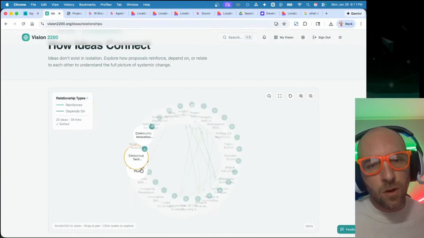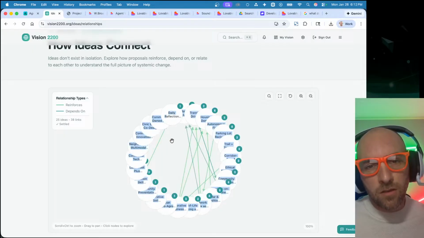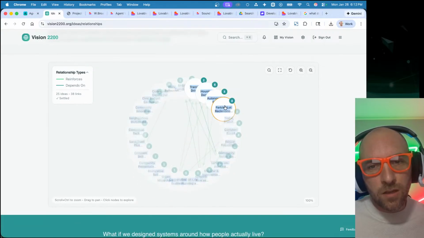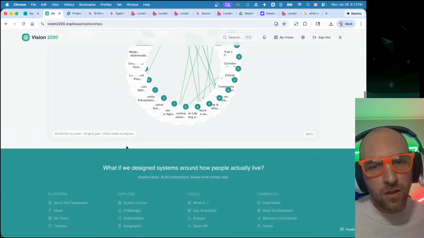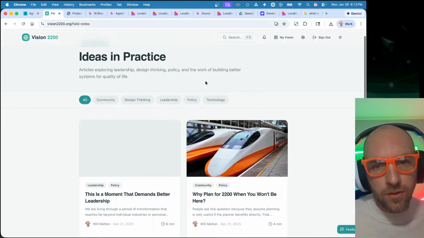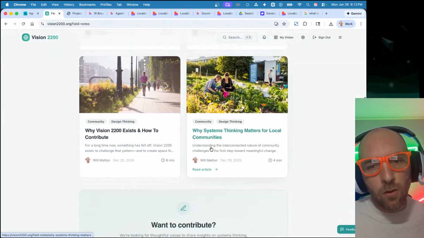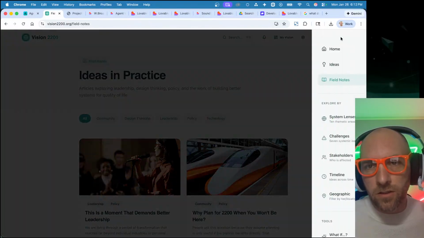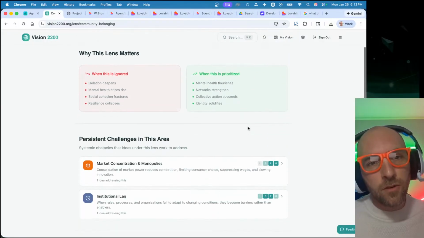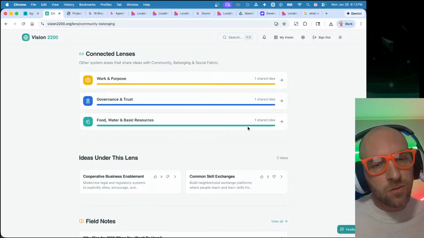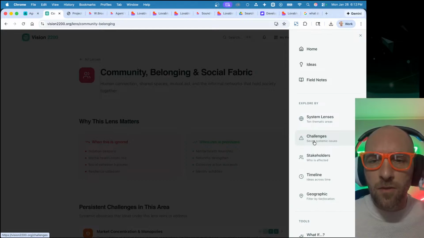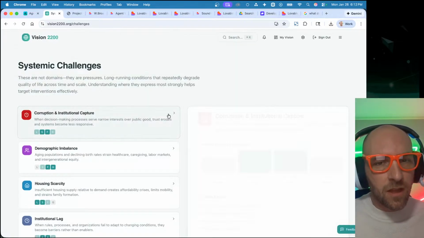And this is probably a bit in its infancy, but what it starts to do is it helps us understand where there is connectivity between these different ideas. So, as you take a look at this, the navigation is probably the best way to understand how this works. And it gives you a sense for how all these different areas intersect in our society, and how the different system lenses are drivers and barriers and connectors to all of these different ideas. It's a bit in depth on the relationship perspective, but that is the point.